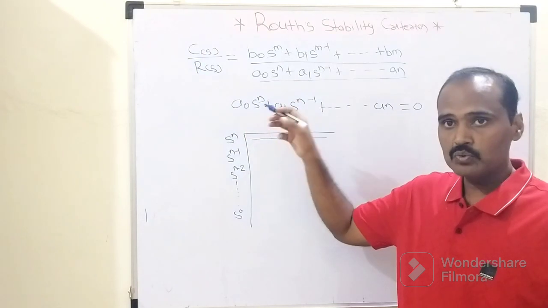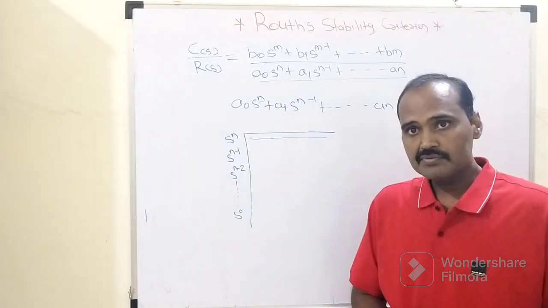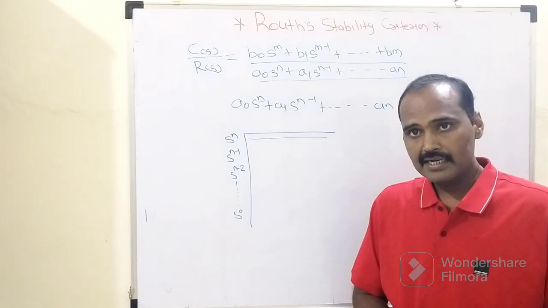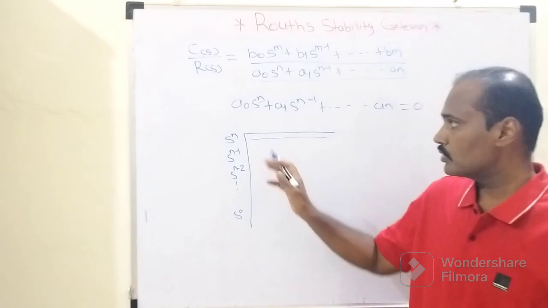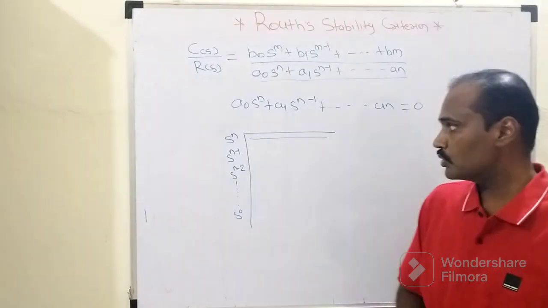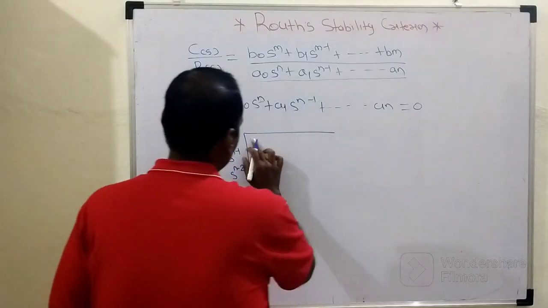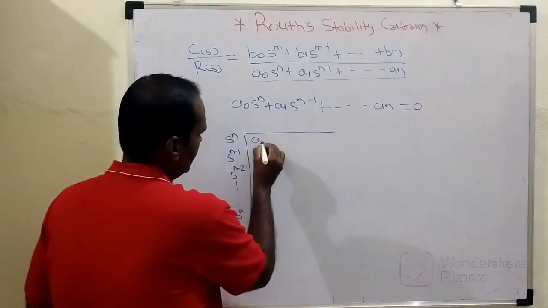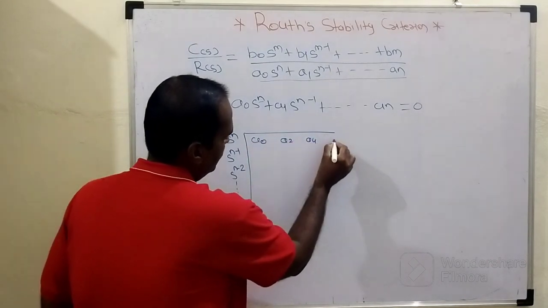So A0, A2, A4, A6, A8, all these are the coefficients which are being placed at the even positions. So we need to collect all these coefficients in order to write the elements belonging to the first row. So the elements of this first row will become here A0, A2, A4,